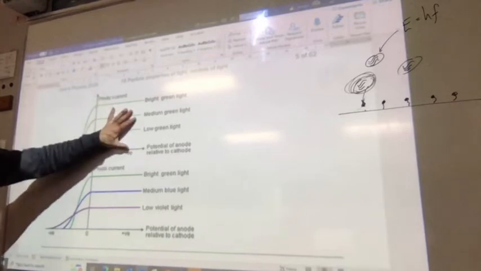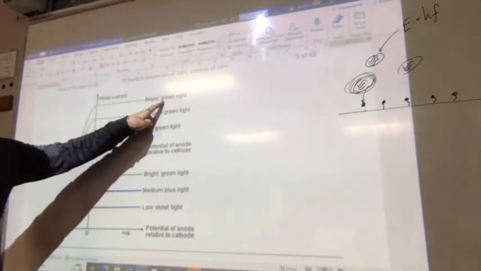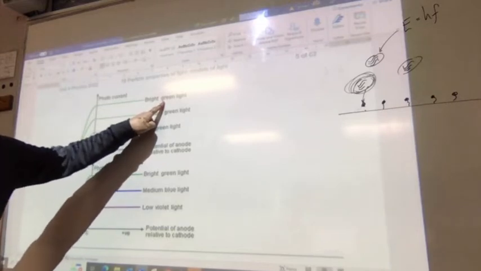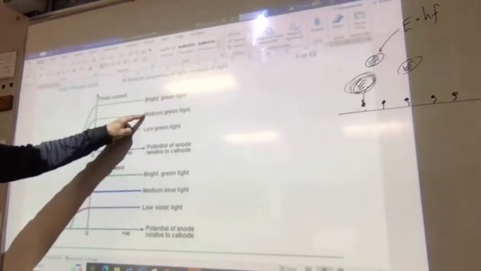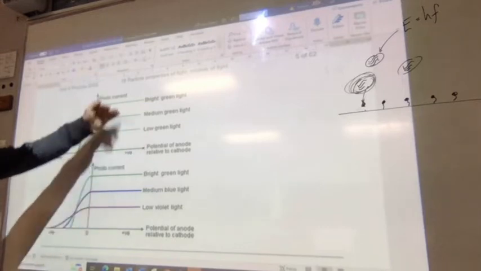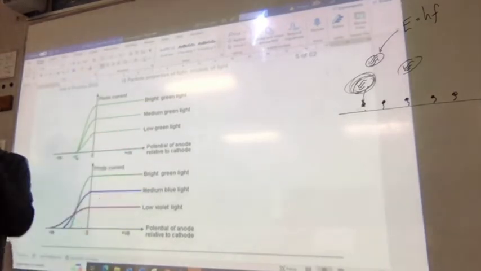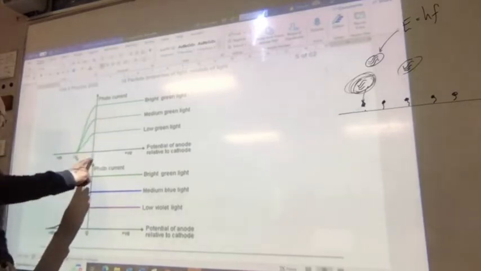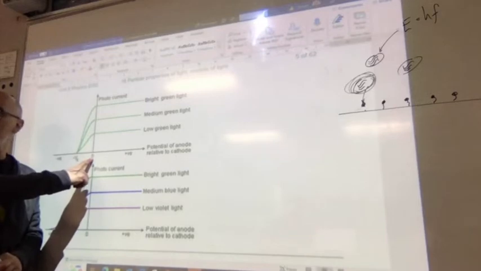Now, this is, say, green light. If I make bright green light, I get lots of current, lots of photons, lots of electrons. That's all that means. If I reduce the amount of light, I get less and less current, okay? Because just less photons, all right? That makes sense. But if I get back here, I make the potential between the collector and the emitter zero,